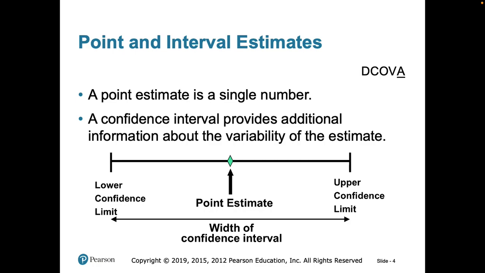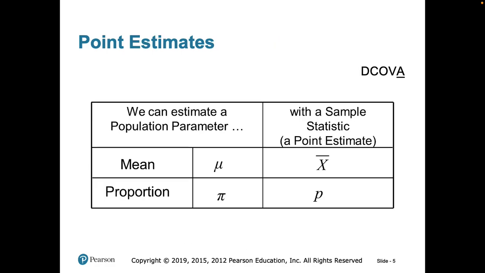It's kind of vague, but if I were to reply, well, I can tell you that 95% of my students scored between 70 and 90%. So now you have a better idea of where most of the data is going to be, or where most of the students fall for the score on the exam.